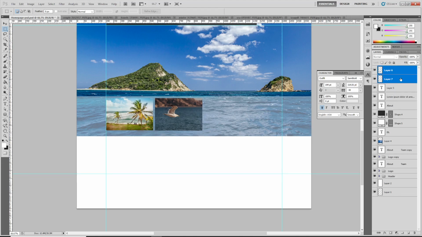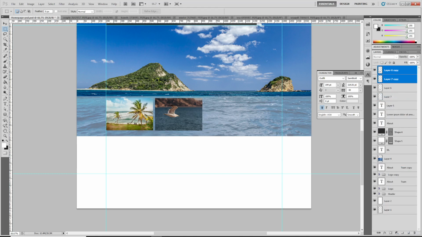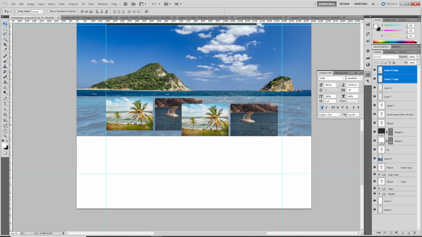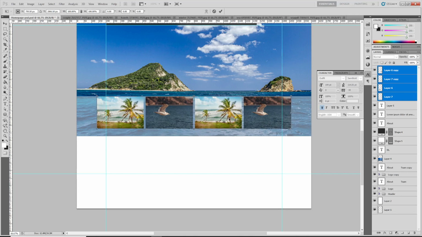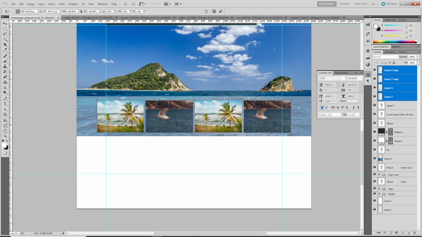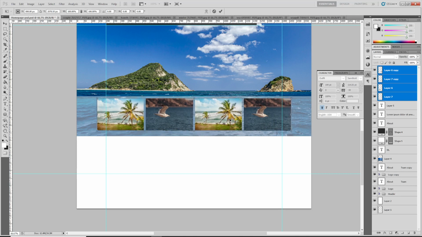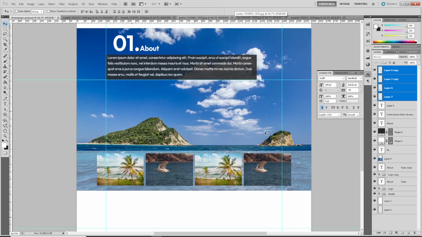So we are going to copy this and paste, and move them in this direction. So all together, this is creating a slider here, or image gallery. Okay,